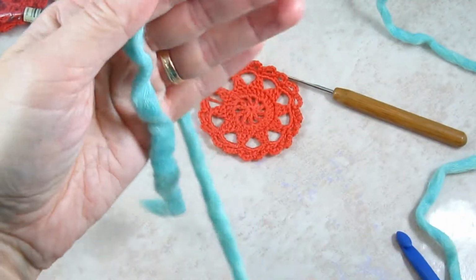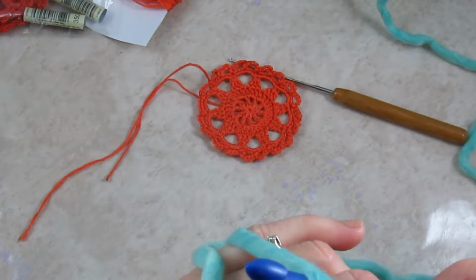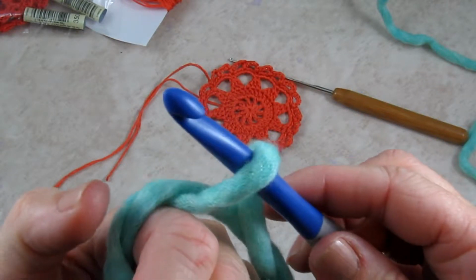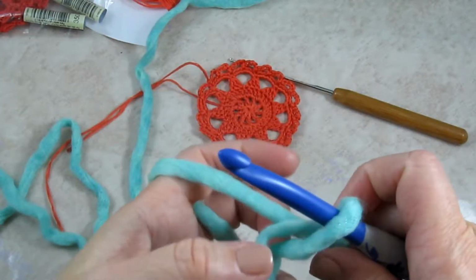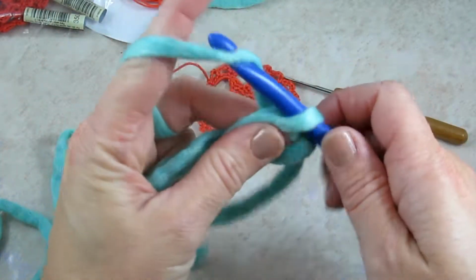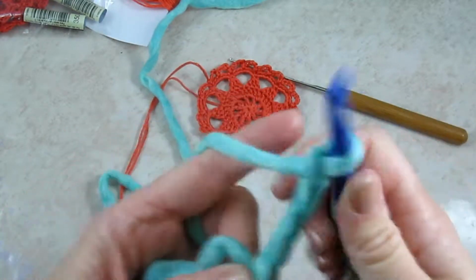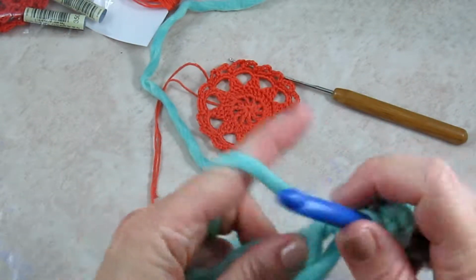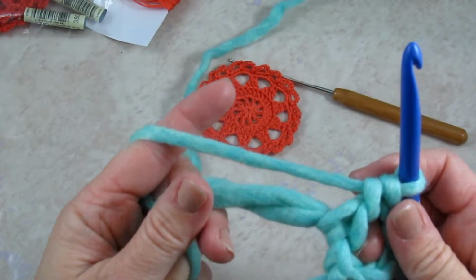So you wrap the yarn around your hand, hold it at the top, then you take your hook and go through the loop you just made and grab the yarn tail that's lying down there and you pull it through, and then you do a chain 1 to lock the loop in place. And now you do chain 5, and then you do a double crochet right into the ring, right into that hole,